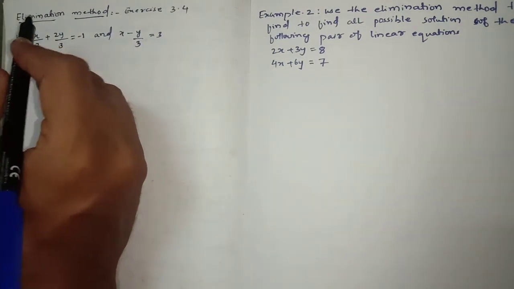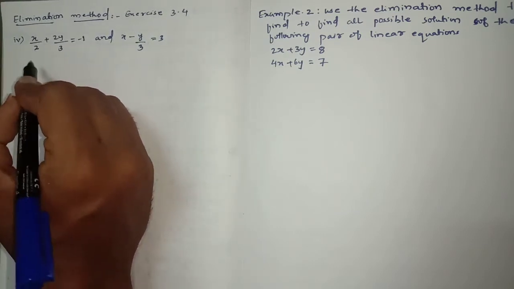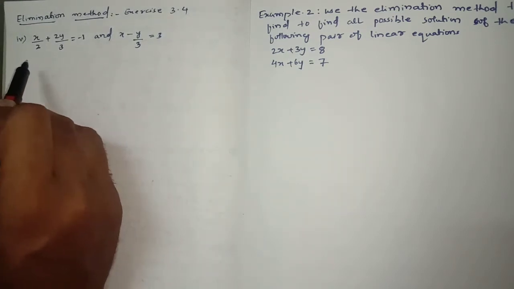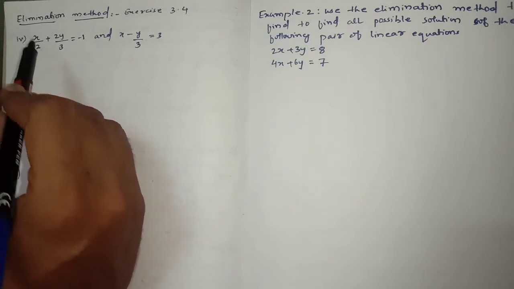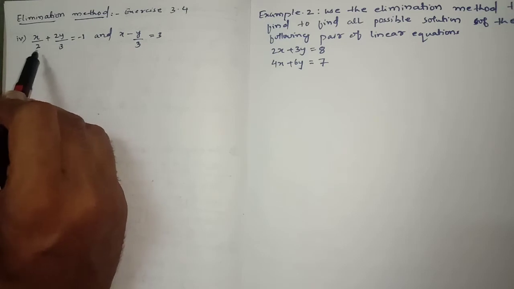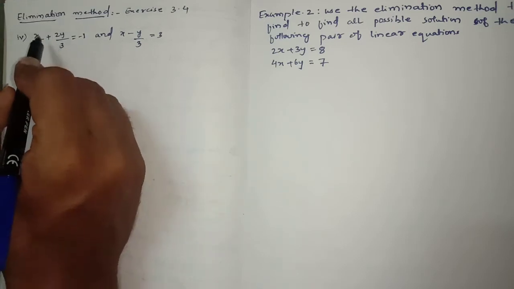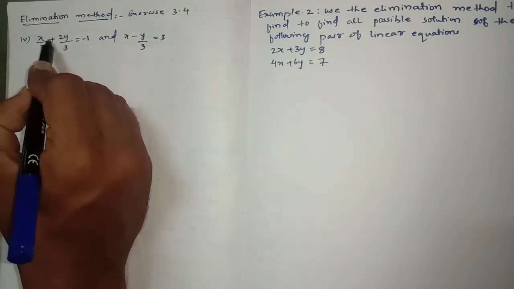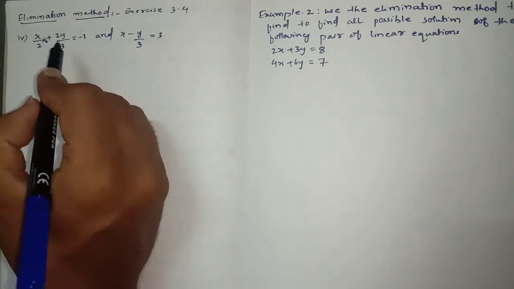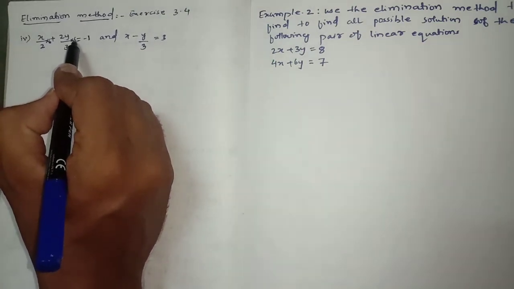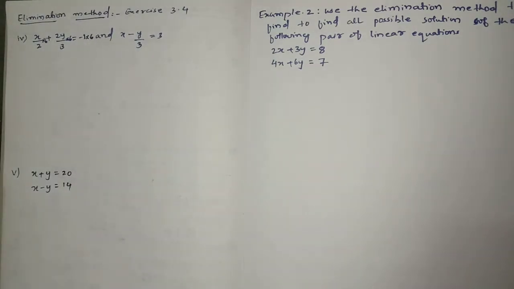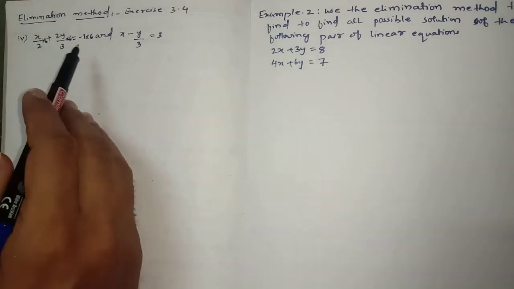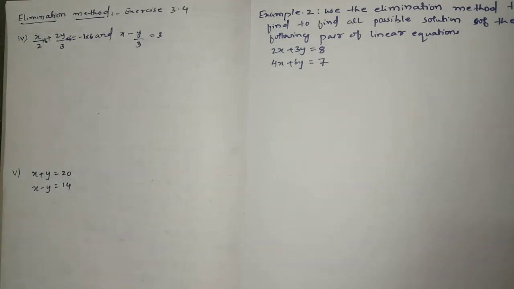Multiply 6 both sides. I am not writing again, you have to write, and then in the next step you do this step. Multiply 6 both sides. What is 6? 6 is the LCM. So I have to multiply 6 here, then 6 here, also I have to multiply 6 here. You have to multiply 6 both sides, in the left hand side as well as in the right hand side.